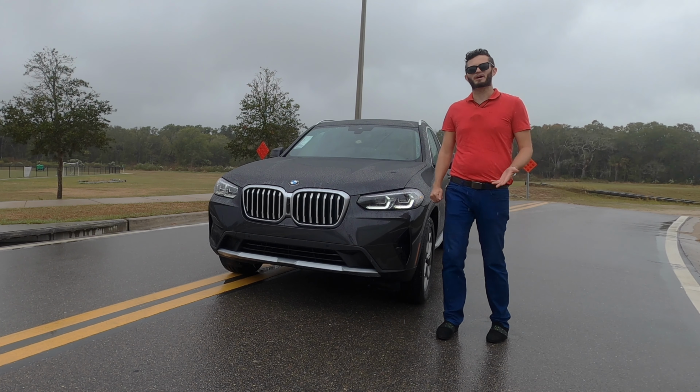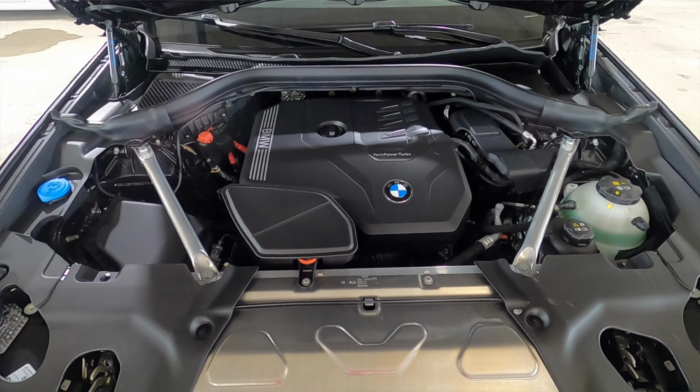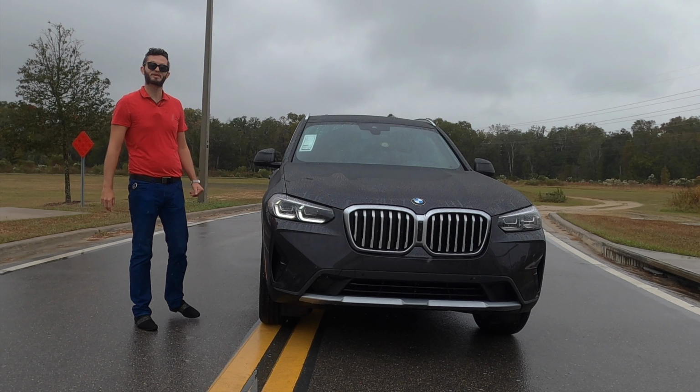adding features, you might as well go up to the M40i, which changes out this four-cylinder engine into an inline six-cylinder twin-scrolled. Here we're getting 248 horsepower, 258 pound-feet of torque. Paired to an 8-speed automatic transmission, it's going to reach 60 at 6 seconds and a top speed at 130